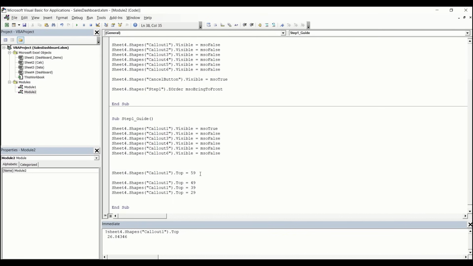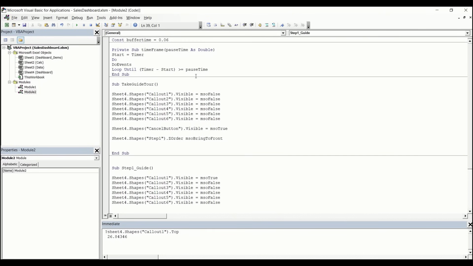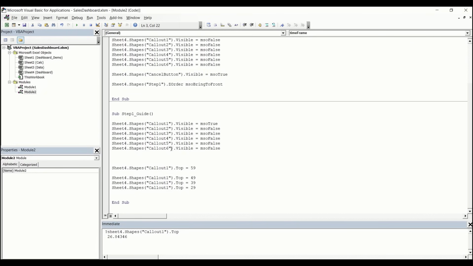So before reaching 49, I want to give a delay of 0.06 seconds that I have already entered here as a constant value, and my variable name is buffer time, right? And we'll call this time frame and we'll delay this 0.06 times, right? So let's copy this time frame sub procedure and we'll enter here, and we'll call this one, call time frame